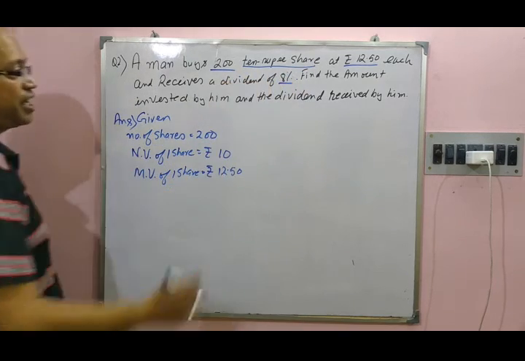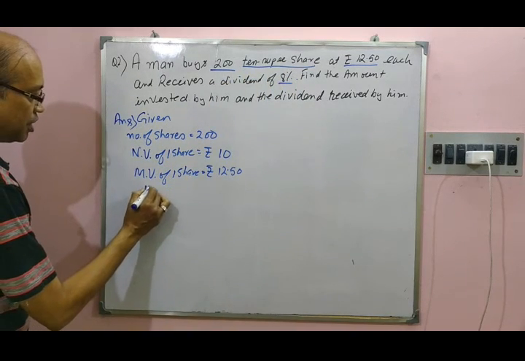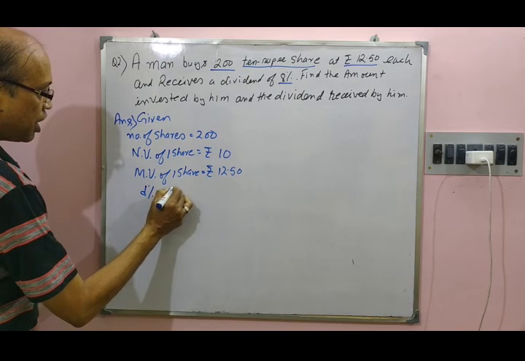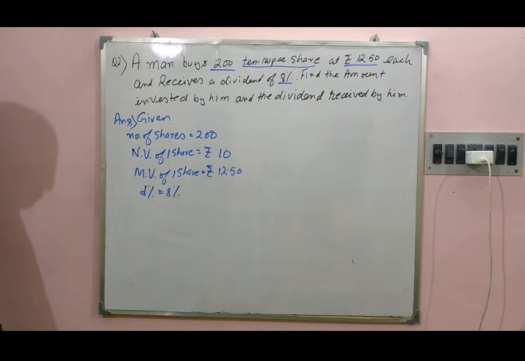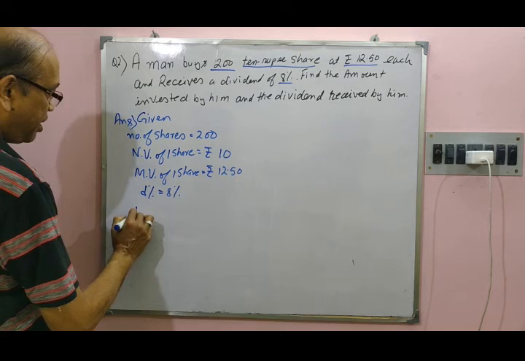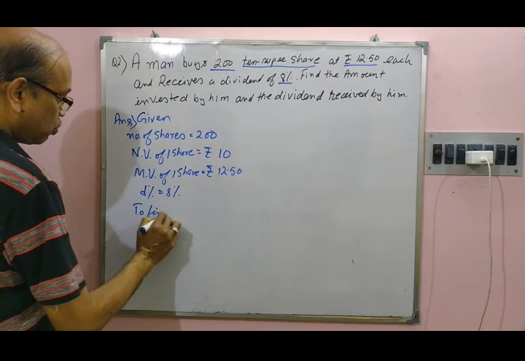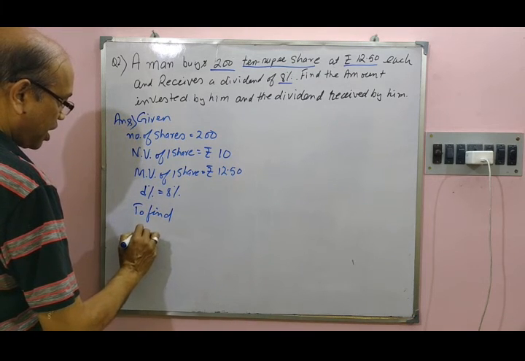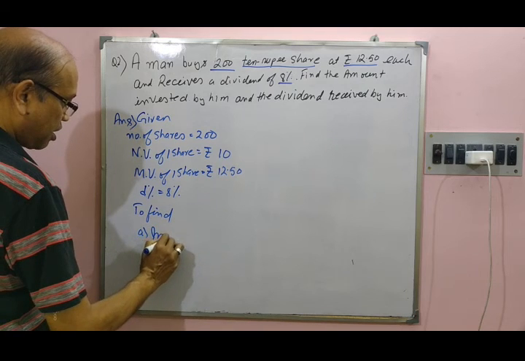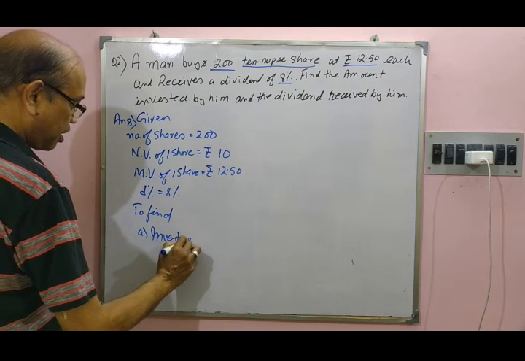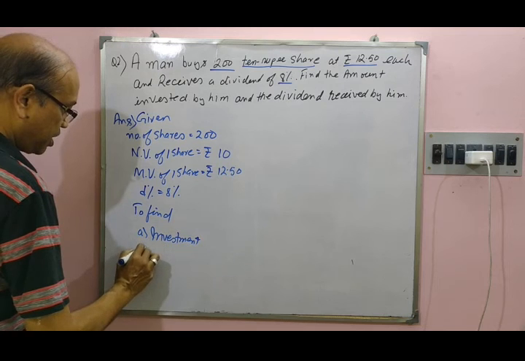And what is this 8? This is D percent, equal to 8%. And what we have to find? To find A, investment,